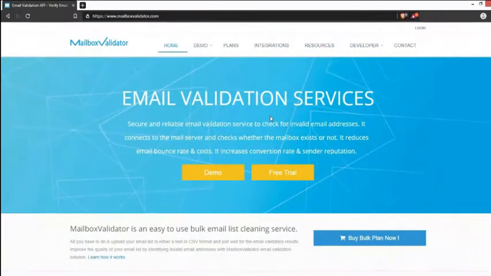Now as you can see, it says Mailbox is a secure, reliable email validation service to check for invalid email addresses. It connects to the email server and checks whether the mailbox exists or not. It reduces email bounce rate and cost. It increases conversion rate and sender reputation. So this is trying to explain that Mailbox checks